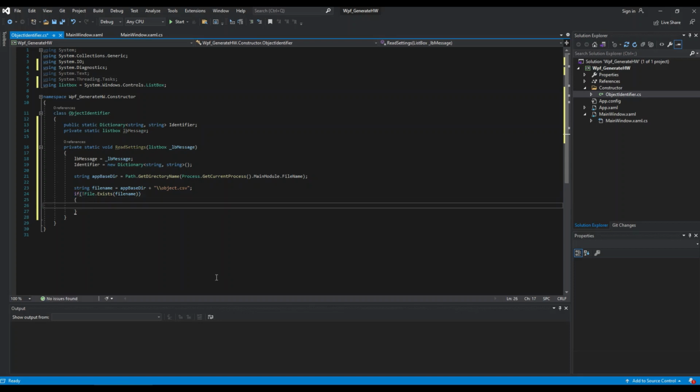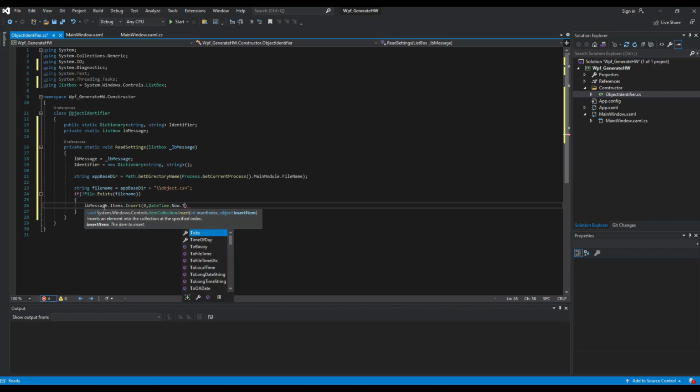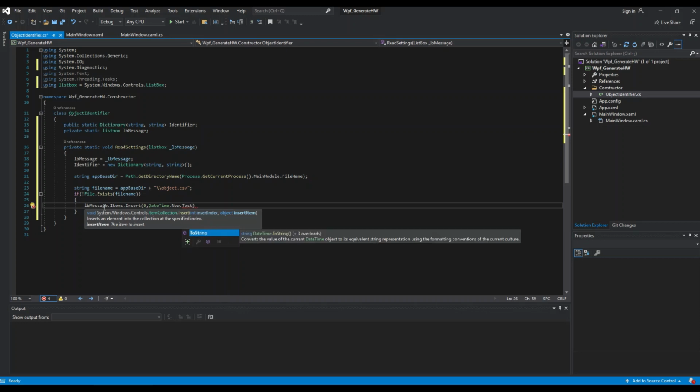then actually I would like to, so if the file doesn't exist, then I would like to go and say this with our list box message, and let's just go and say items, and it's gonna be insert, and here what I would like to have the date, and I would like to have the actual date to string,